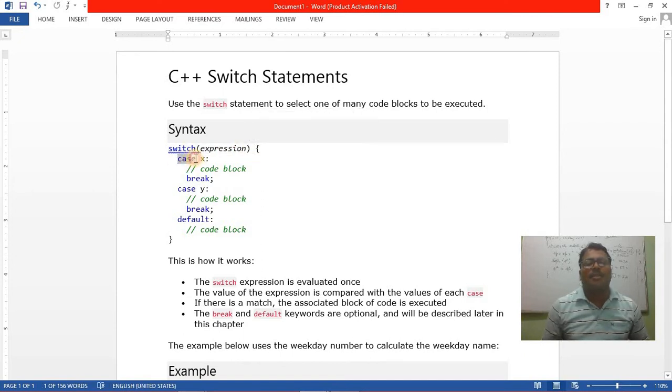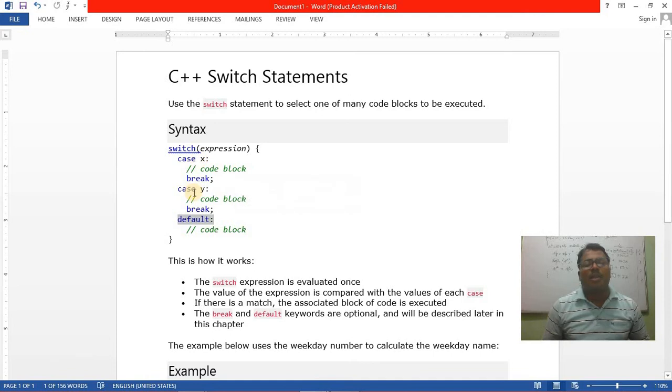Whichever case value is matched, that section's body will execute. Each case body will end with break, and default will be at the end.